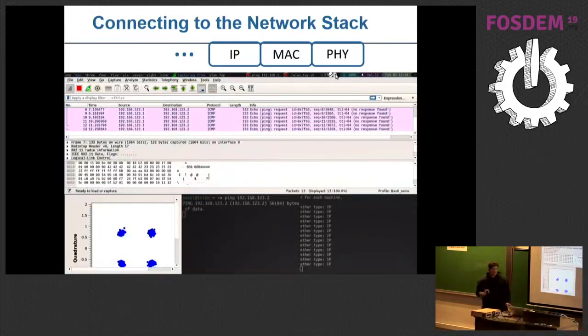So that's already a bit more complicated, but you also get a lot of benefit, because if you have IP, then you can do basically everything. Okay, so the next